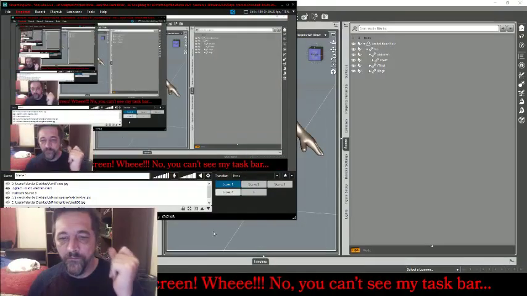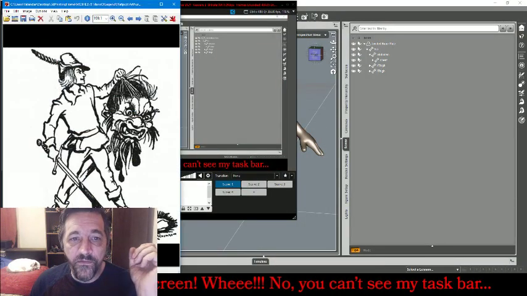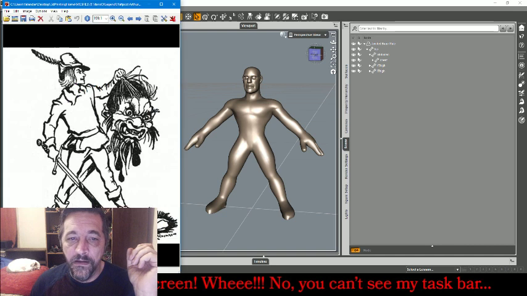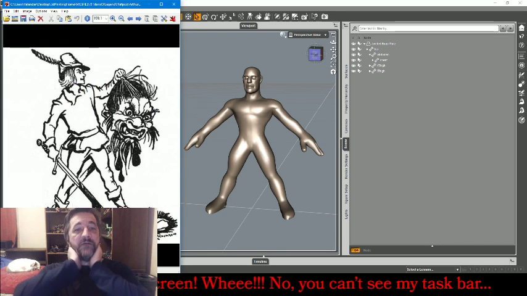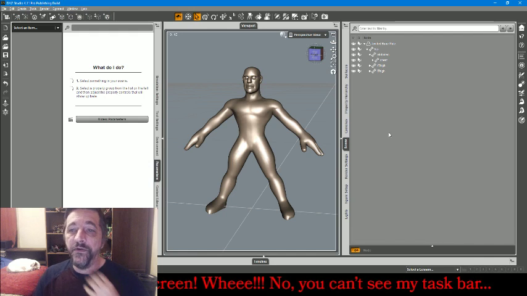Let me go ahead and pop that up there. Just to show you again, I'm going to pop over to Dev Studio and reopen this. To show you again, this is the Jack the Giant Killer that I'm doing. He actually was a warrior type. Now,